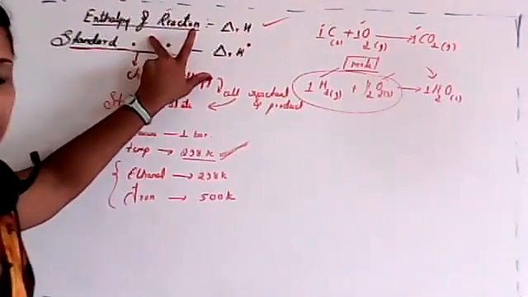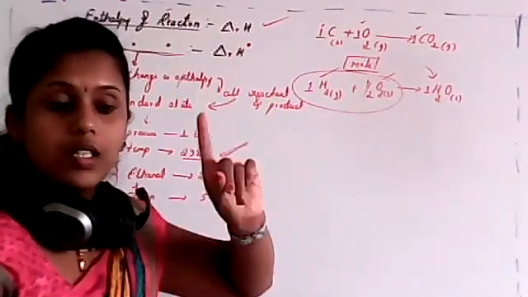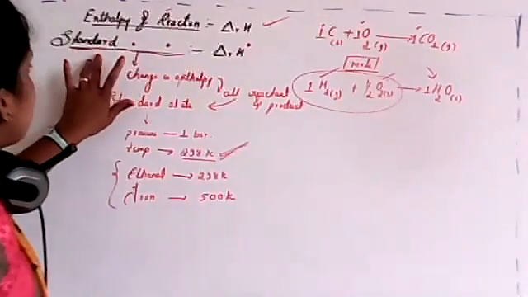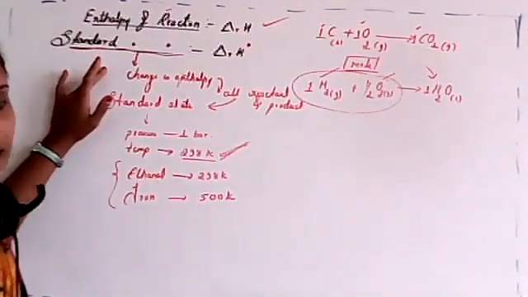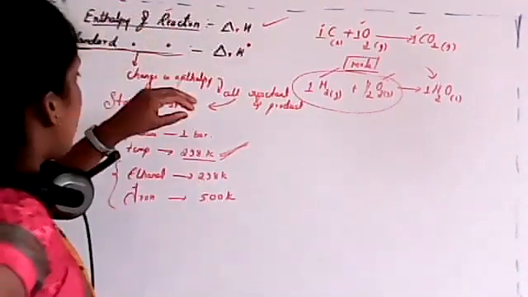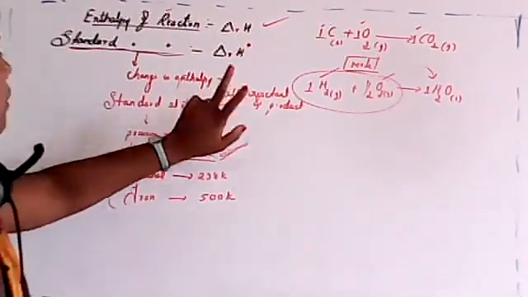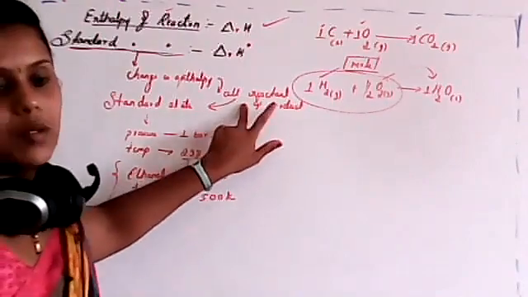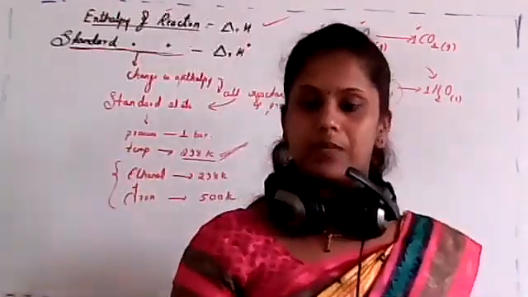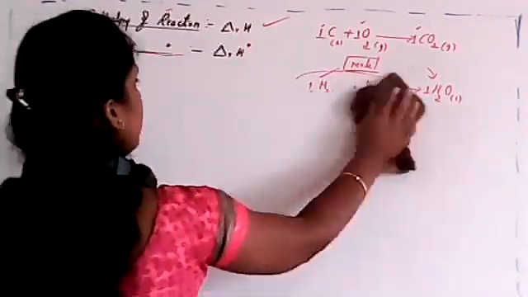Enthalpy of a reaction is nothing but the change in enthalpy which occurs when all the reactants mentioned in the balanced chemical reaction are converted into product. And the standard enthalpy of a reaction is nothing but the change in enthalpy where all the reactants are converted into product, where all the reactants and products must be in their standard state. It must be in a pure state. Is it clear? So next one is